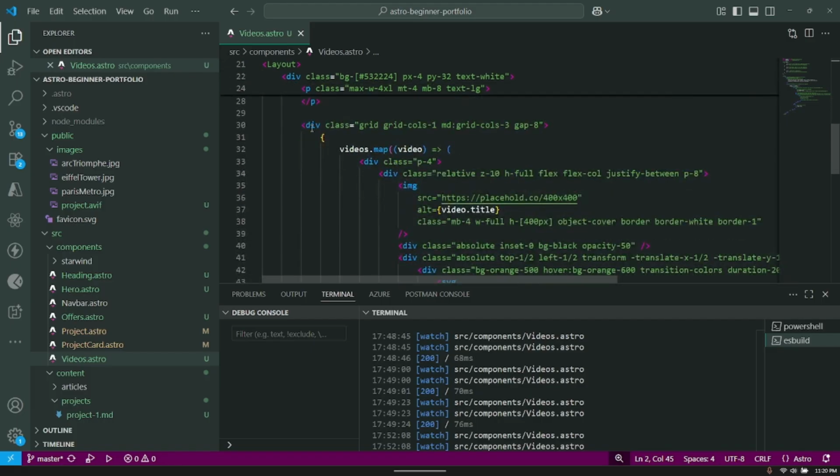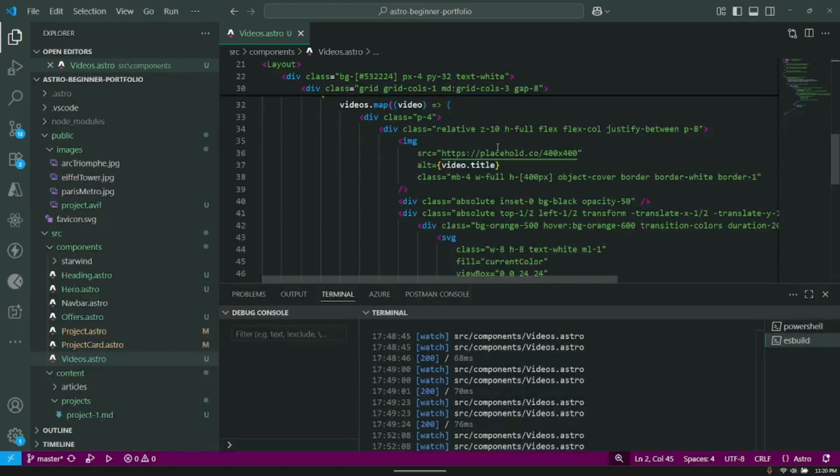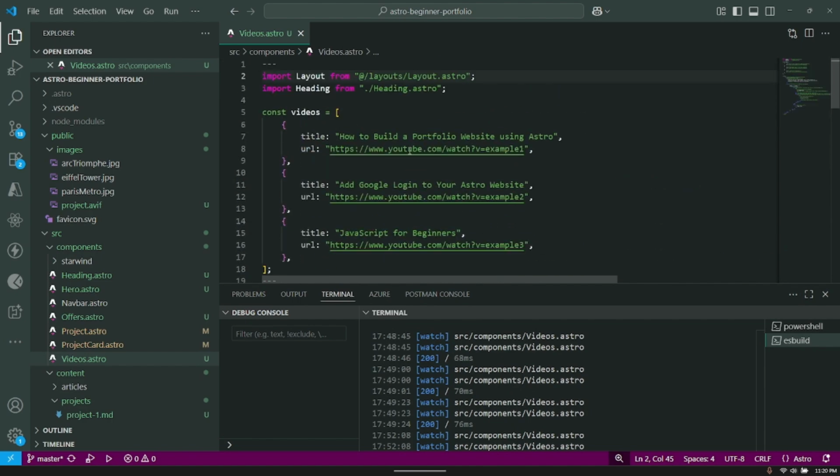Next we've got a div with a class of grid, so that we can stack the videos side by side. On mobile it will stack on top of each other, but if it's not on mobile it'll be 3 columns. And inside that we're mapping through all the videos that we declared at the top here,